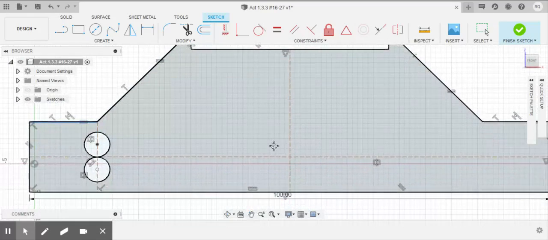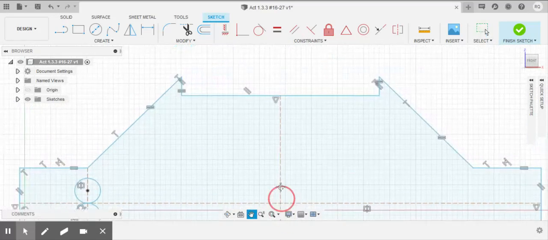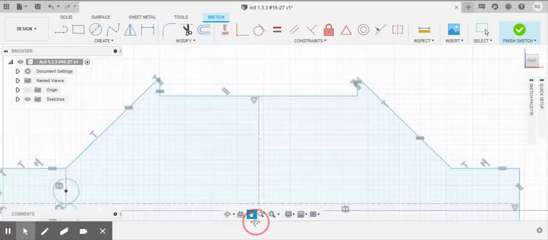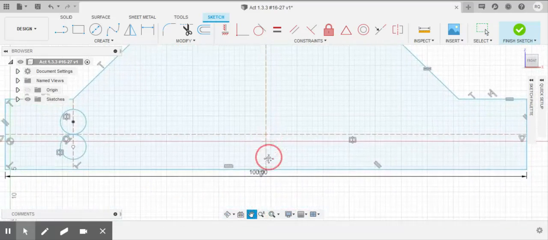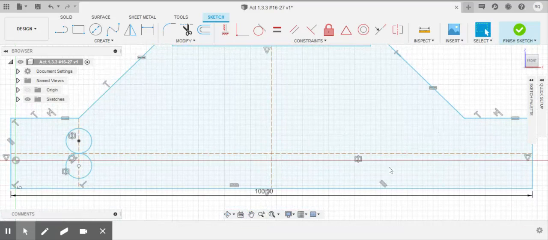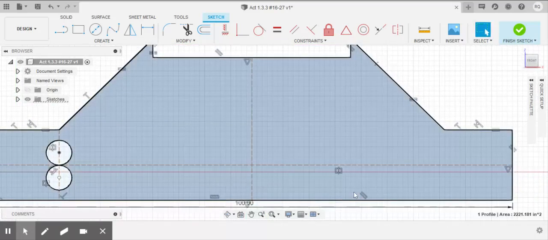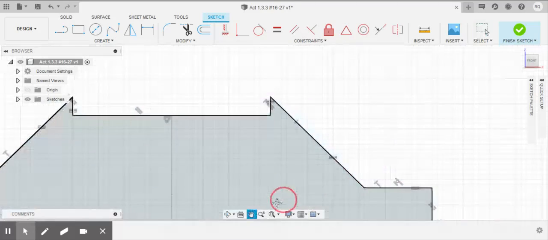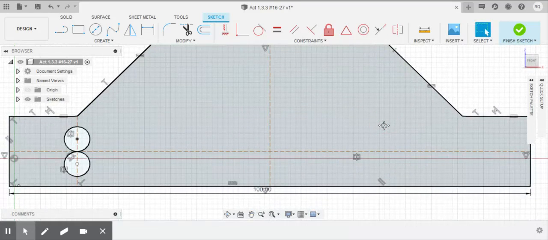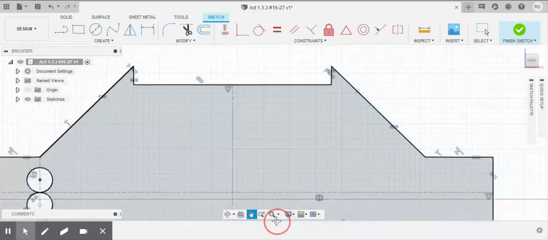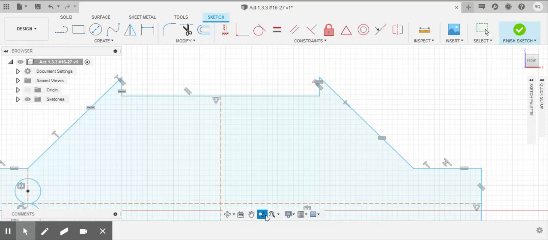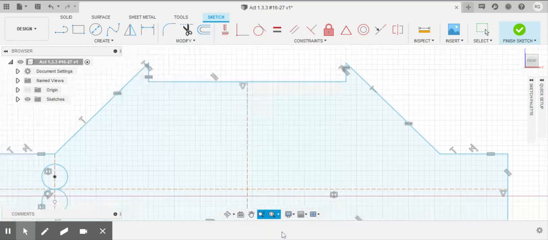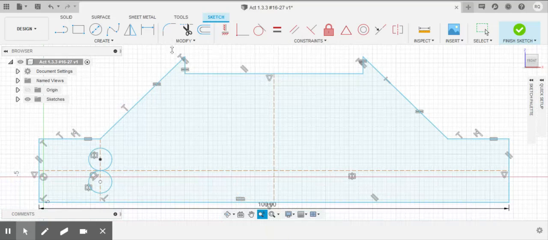Oops, let me hit escape. I'm in that palm tool. See the palm tool right there? Okay. So now, why does it keep doing that? Let me hit escape to get out of it whenever I'm in. I don't know why it keeps doing that. Let me do zoom fit. Okay. Now I'm going to go ahead and choose sketch dimension from the top